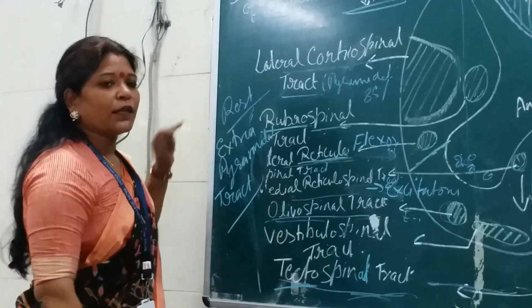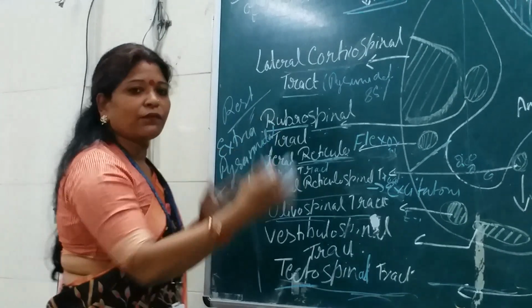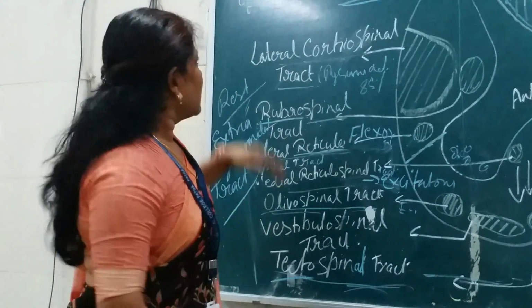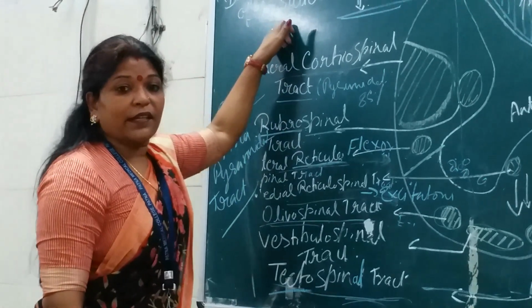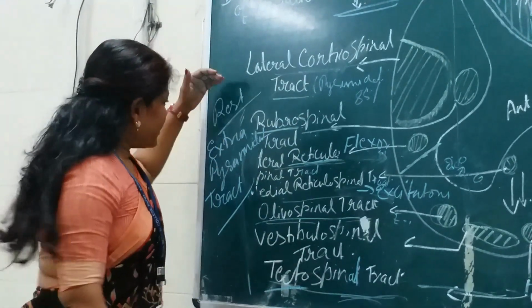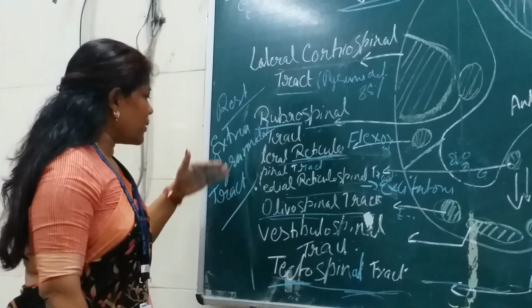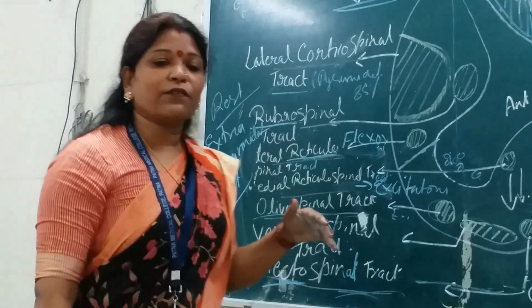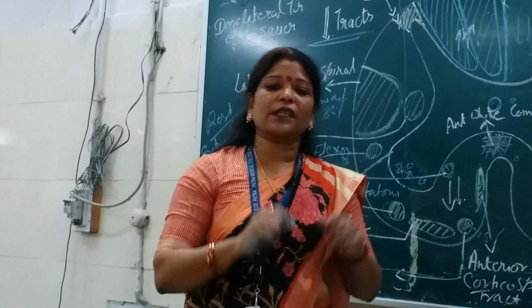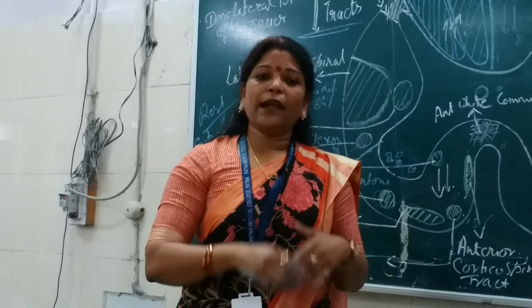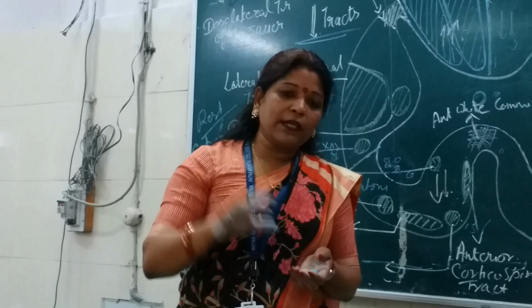So look here, what is the difference between both the tracts? This pyramidal tract is originating from the cortical area, and all the descending tracts, the extrapyramidal tracts, are originating from the subcortical areas, but the termination site will be the spinal cord, isn't it? And what is the function collectively?